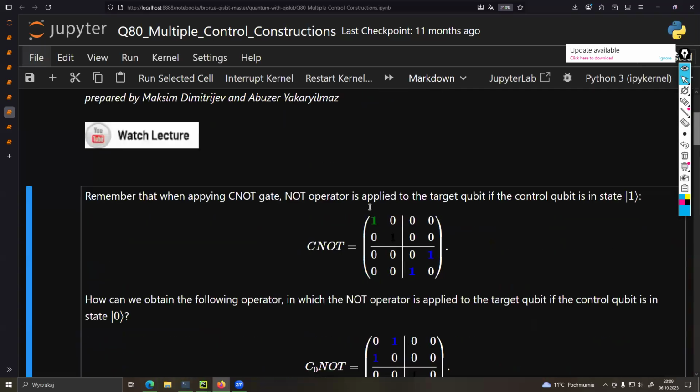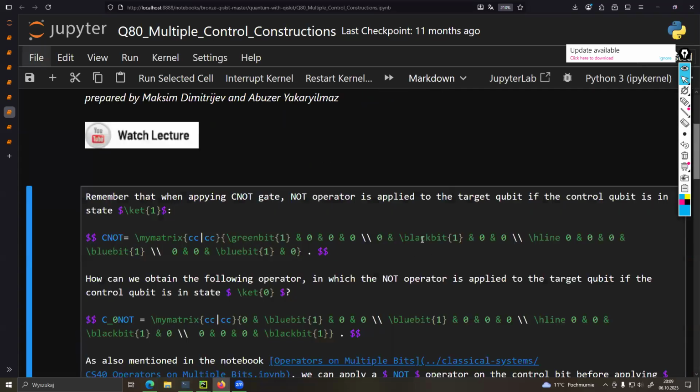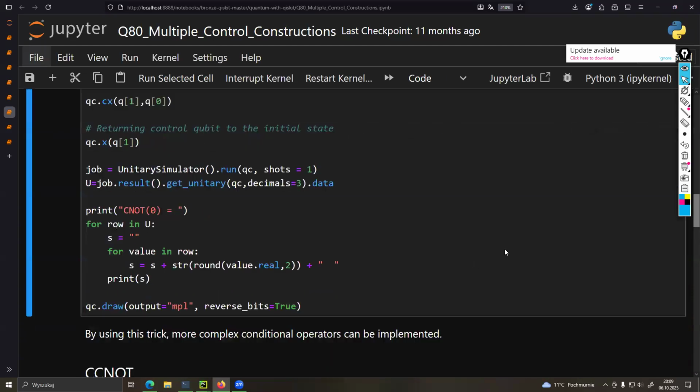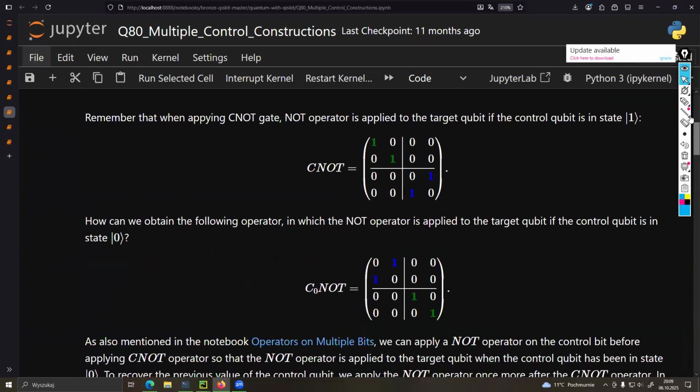Okay, this works. So here we don't actually change anything in these halves, exactly like in a classical case,